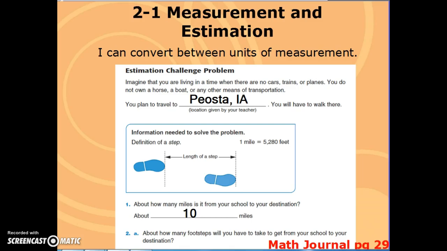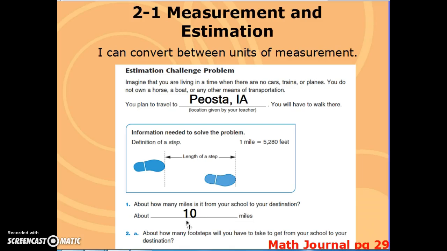You do not own a horse, a boat, or any other means of transportation, and you are going to travel from Drexler Middle and Intermediate School to Peosta, Iowa, and you're going to have to walk. So there's some information here that you need to know. You need to know that 1 mile is 5,280 feet. You also need to know about how many miles it is from our school to Peosta, Iowa, and it's about